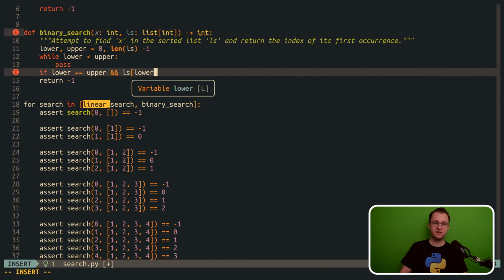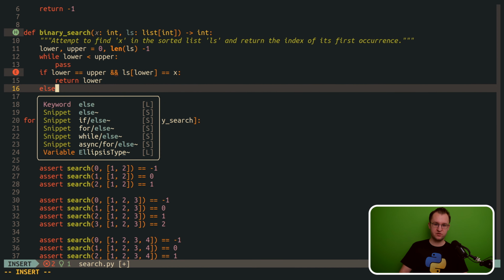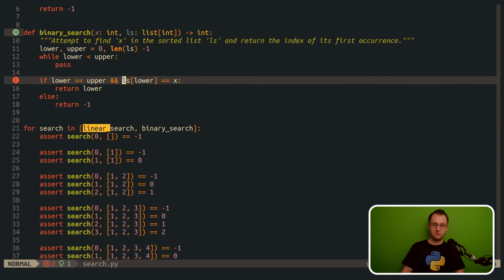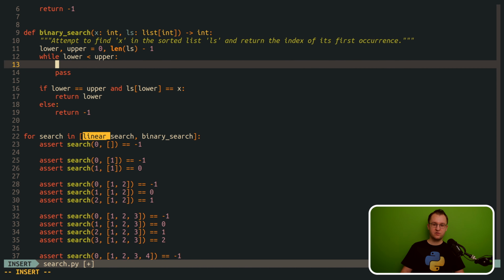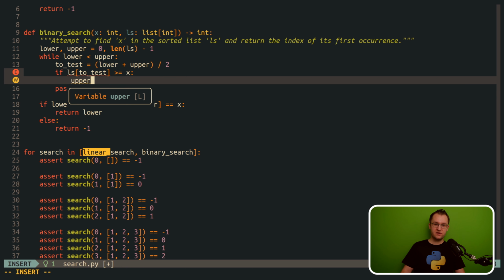Inside of the loop, we calculate the element that's exactly in the middle of the current interval, which is the element that we will be using to compare against x. If the element we selected for testing is greater than or equal to x, we know that we can reduce the upper boundary, because the element x that we are looking for must be before the element that we selected for testing. Remember that the input list must be sorted. On the other hand, if the element we selected for testing is less than x, we can increase the lower boundary, because we know at this point that the element we are looking for must come after the element in the list that we selected for testing.